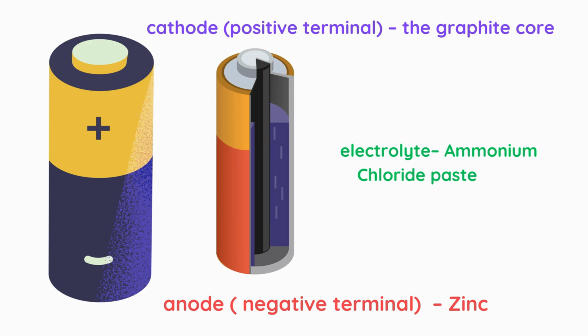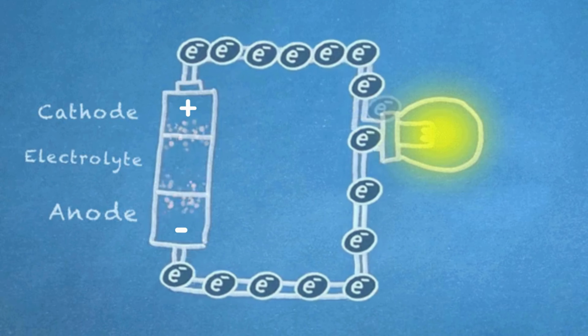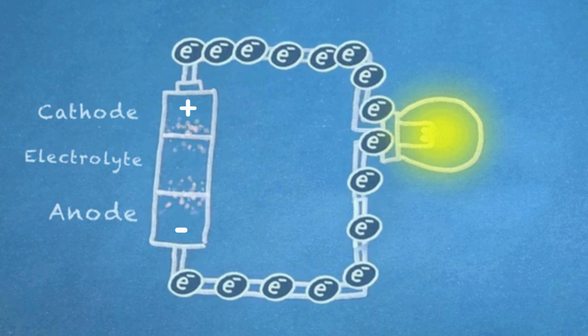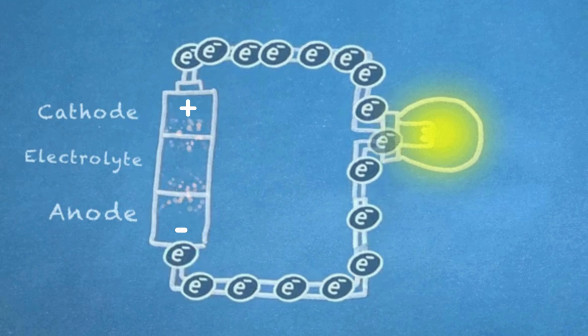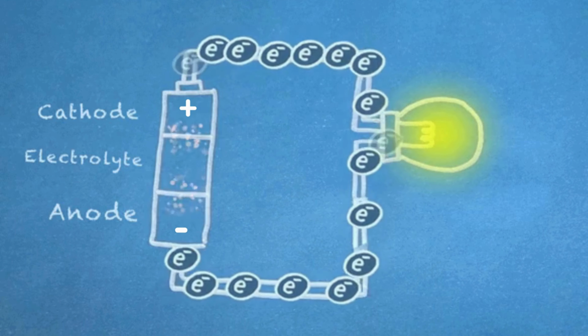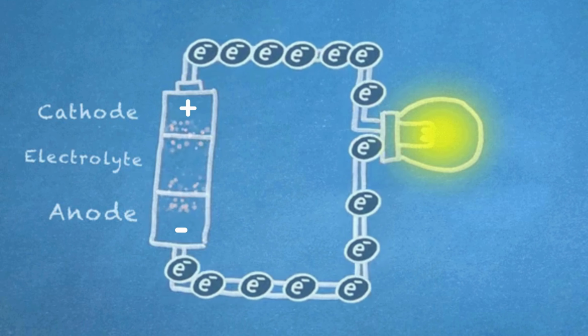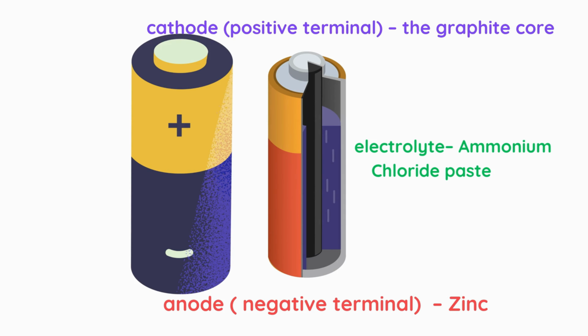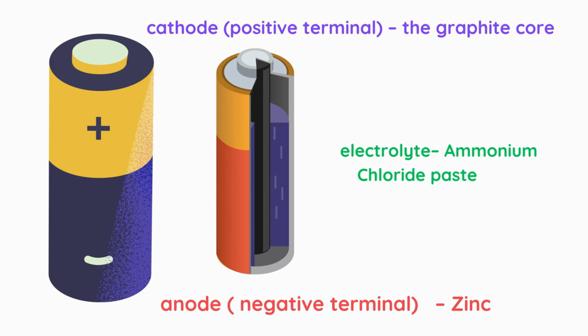First, let us look at the circuit consisting of electrical components. When the battery is connected to a circuit and it is closed, the electrons flow from the anode, or negative terminal, to the cathode, the positive terminal, through the wire. But where does the anode get all these electrons from in the first place? It all comes down to the chemistry that's going on inside the cell. Now let us see what is going on inside the cell.